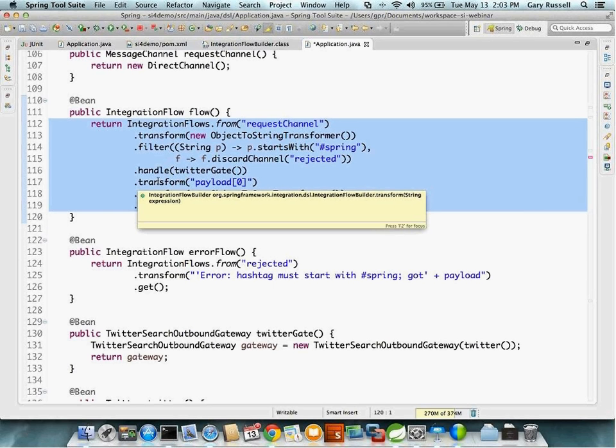Bassem also asks, is there any plan to integrate Spring Integration with Reactor? Yes, the Spring XD project is kind of like an incubator for us in that space. We have some XD modules that are using Reactor. We haven't quite yet decided what stays in XD and what moves to Spring Integration, but we anticipate that in the 4.1 time frame we'll be picking up some of the Reactor stuff that's in Spring XD, things like Reactor-backed message channels,